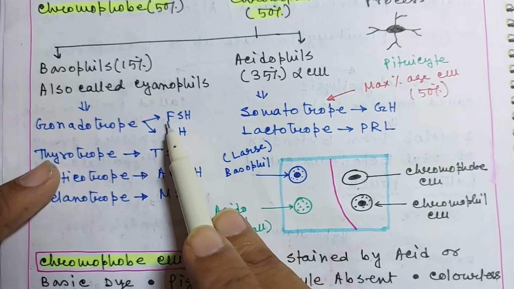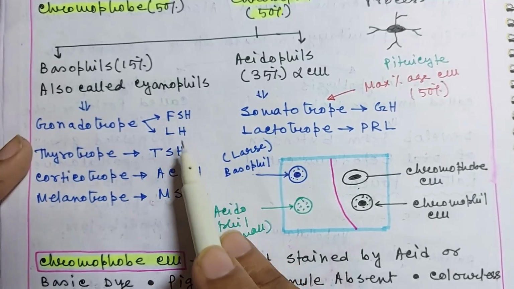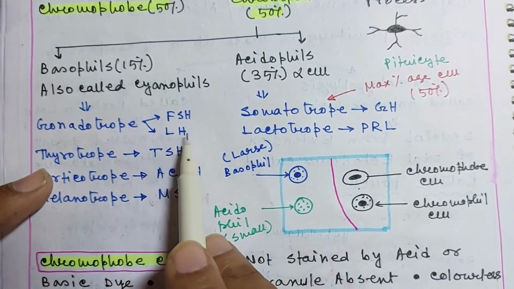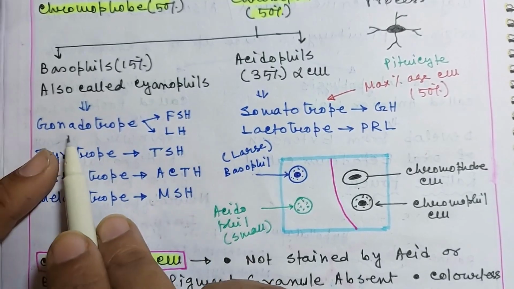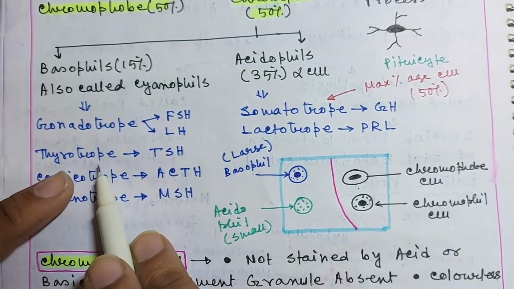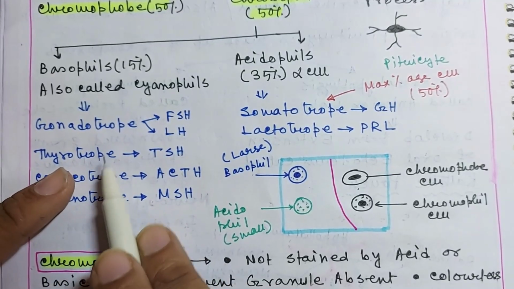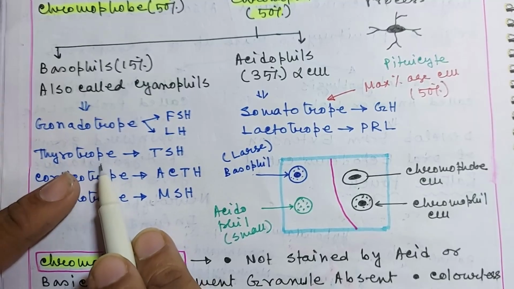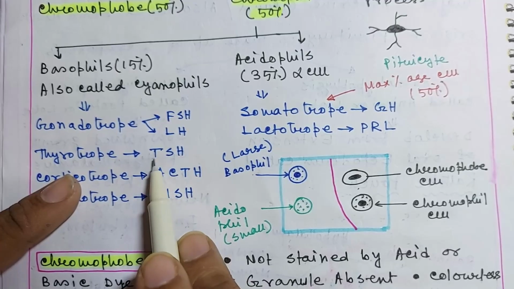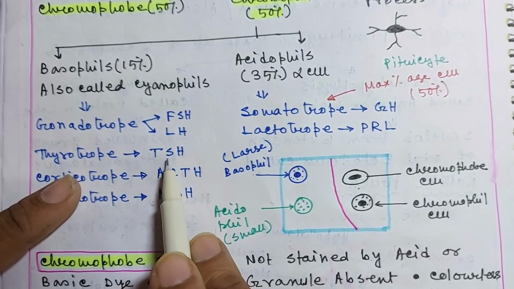In both male and female, this FSH and LH are secreted, and they are secreted from the basophilic gonadotropic pituitary cell. The second type is the thyrotrope. The thyrotrope is a type of pituitary cell which causes secretion of thyroid stimulating hormone, and this thyroid stimulating hormone acts on the thyroid gland and causes development and secretion